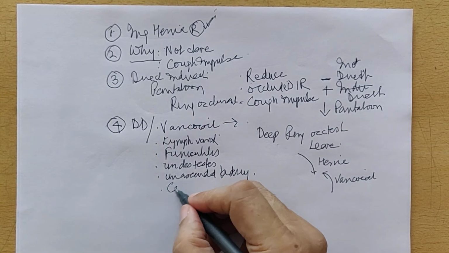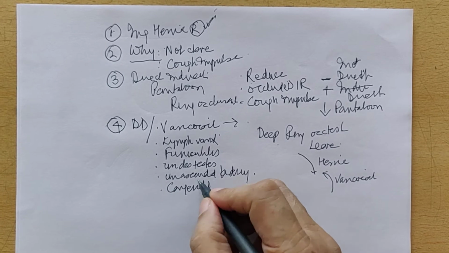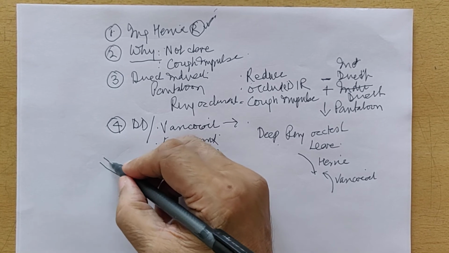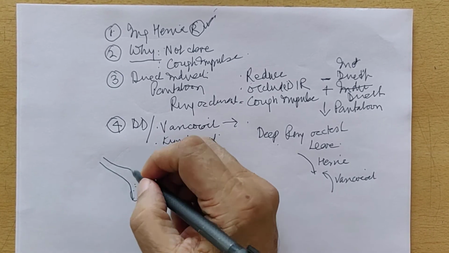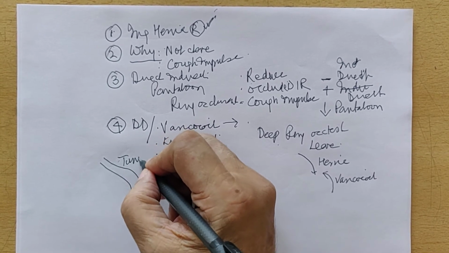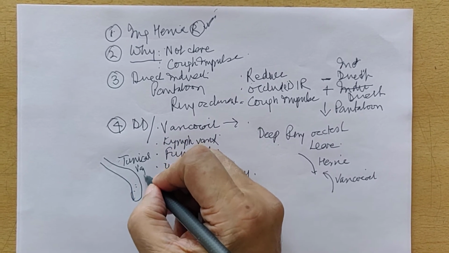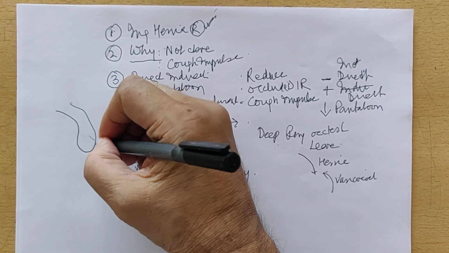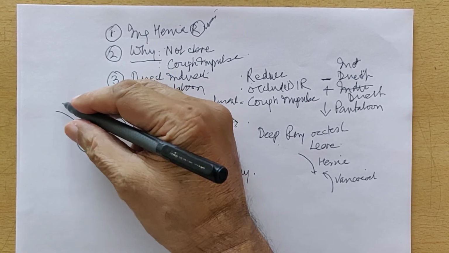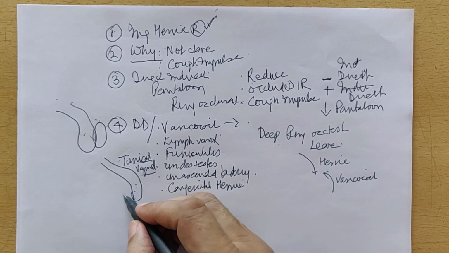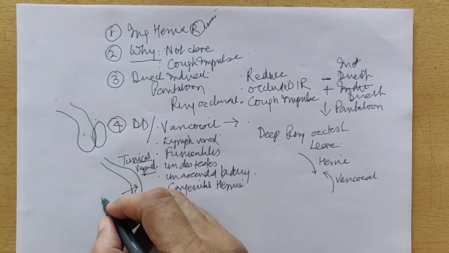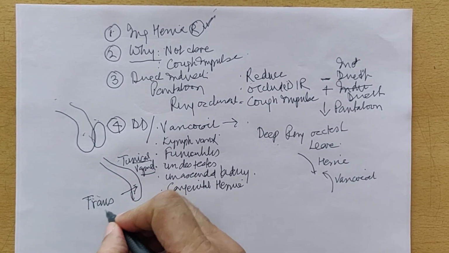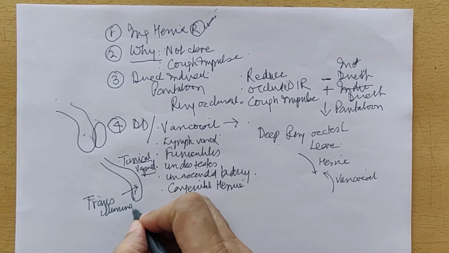Then there is something which is called a congenital hernia. This congenital hernia means that there is only a peritoneal connection. There is nothing in this, and it's going right up to the tunica vaginalis, because the tunica vaginalis of the testes is actually from the peritoneum. It's the peritoneum which comes like this, and behind is the testes like this. So tunica vaginalis, this is a congenital hernia. And what is the peculiarity of this? That it contains fluid. It is an inguinoscrotal swelling, and the peculiarity of this is transilluminancy.